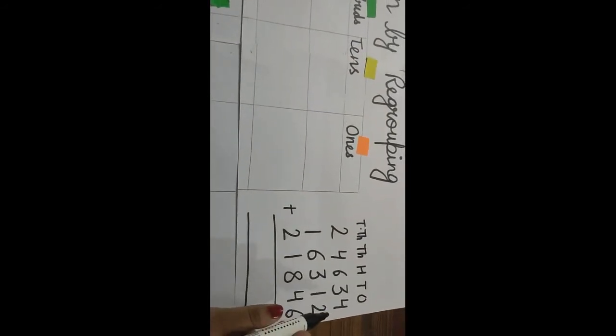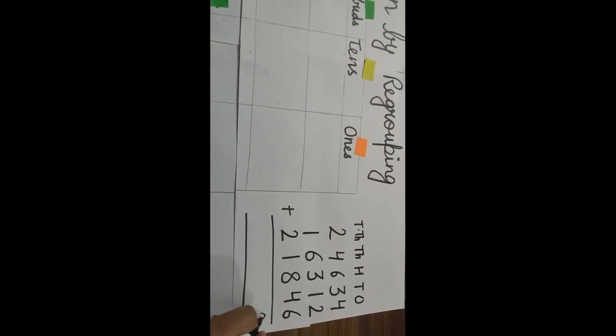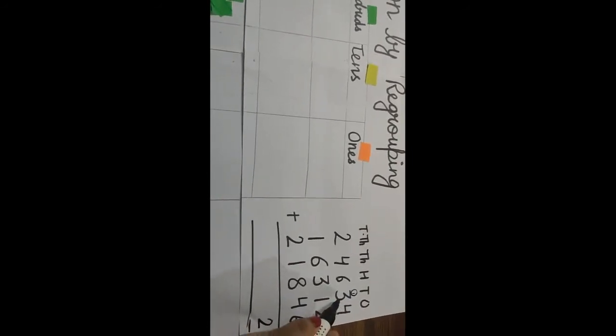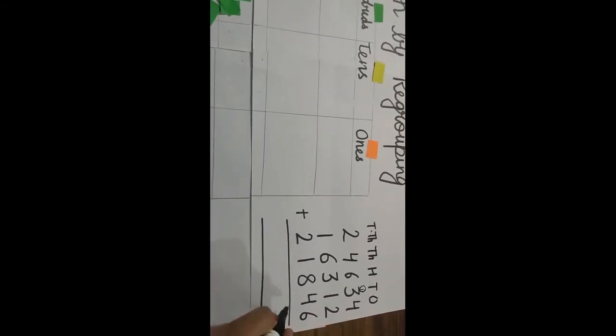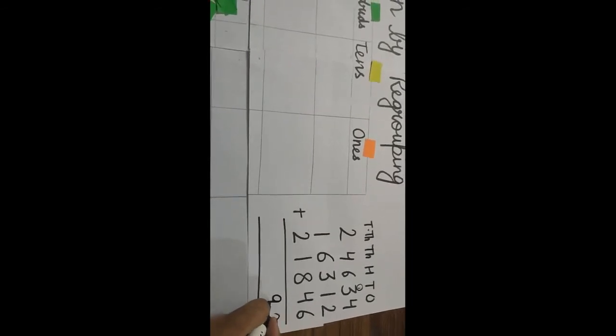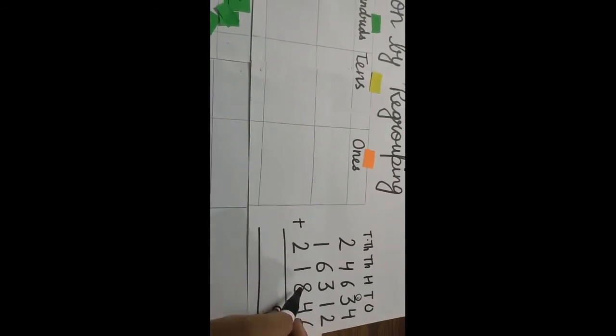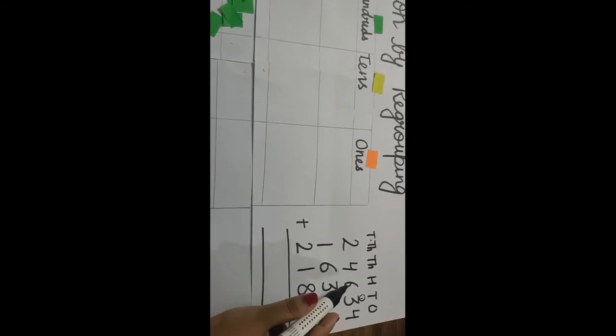So let us do this by hand also, so that we can check our answer is correct or not. Now 6 plus 4 will be 10. 10 plus 2 will be 12. And 1 will be carried to here. Now we will see 3 plus 1 is 4, 4 plus 1 is 5, 5 plus 4 will be 9. So here nothing will be carried. So here 8 plus 6 will be 14, 14 plus 3 will be 17. So 1 will be carried to here.